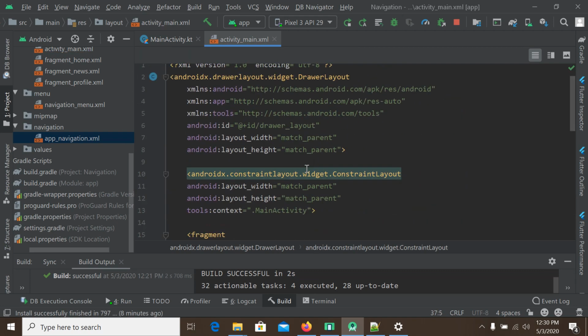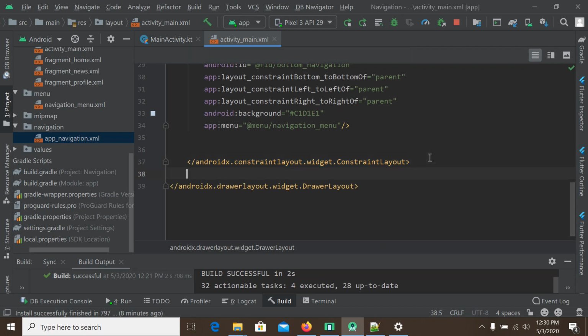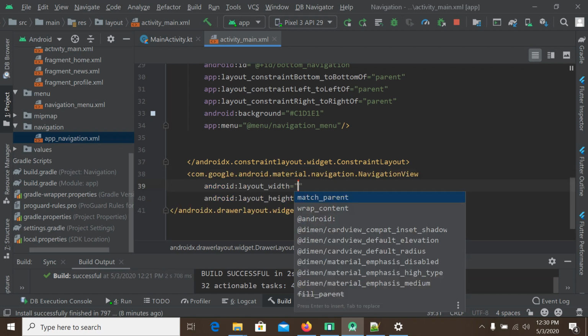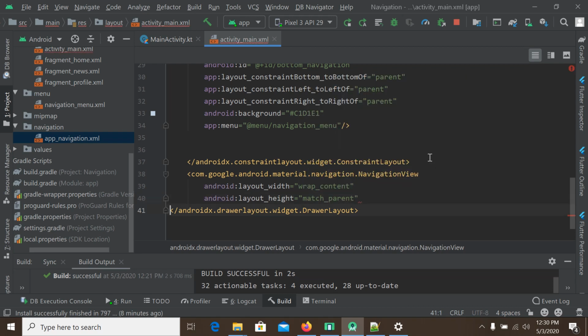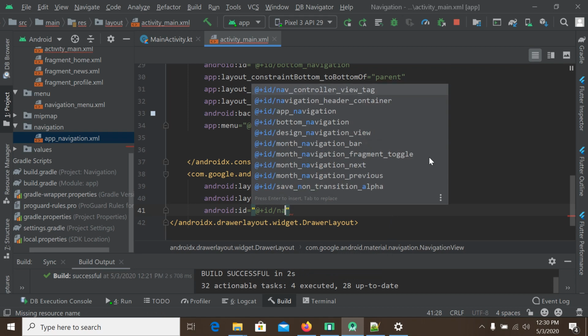Okay, and we also need to add another view, which will be a navigation view. The name of the view is navigation view, just before closing of the drawer layout. So it will be navigation view, and the navigation view has the width of wrap content and height of match parent. The ID will be navigation view,